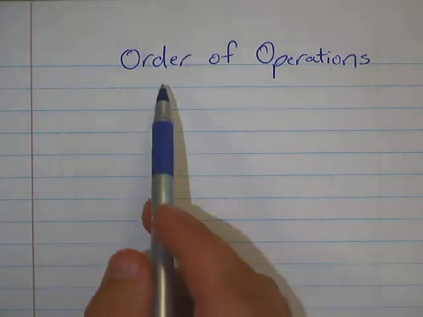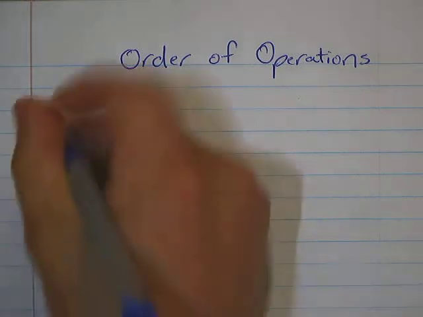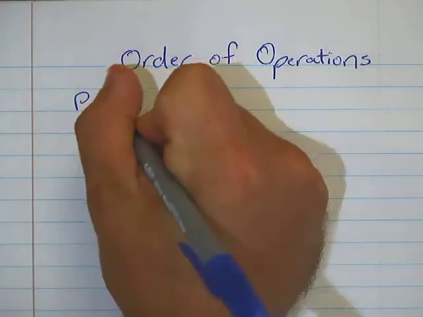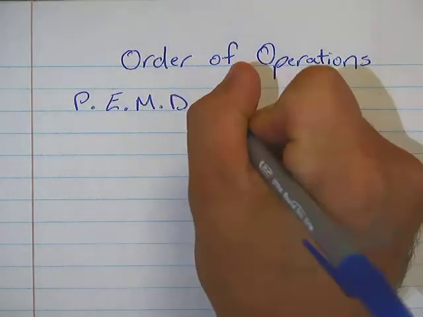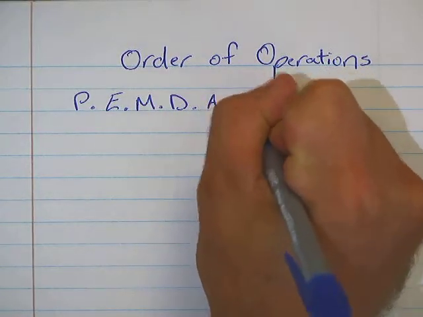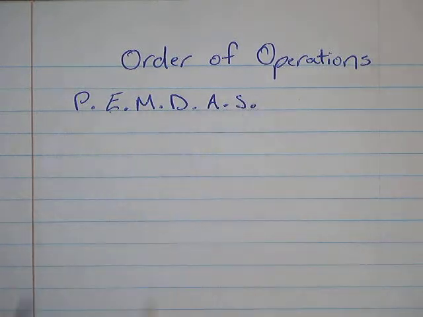Alright guys, today we're going to learn what is called the order of operations, which is a set of steps that you're supposed to follow in order to simplify a mathematical expression. So you may have seen this before in the past. What we use is an acronym called PEMDAS. And some of us recall this, and I personally remember this, with the saying, "Please excuse my dear Aunt Sally." Kind of goofy, but we're going to break that down and we're going to have a couple of example problems